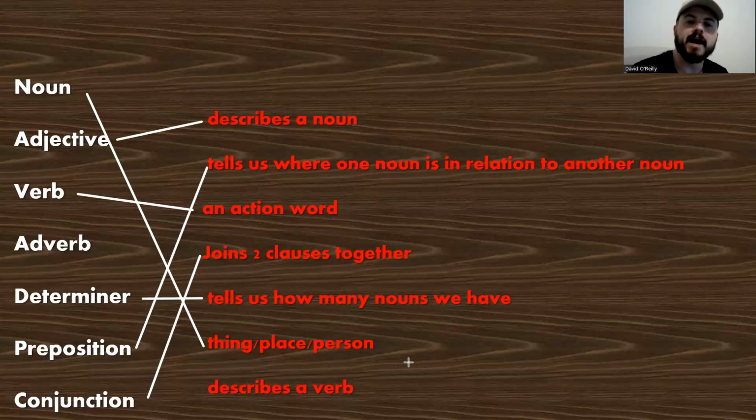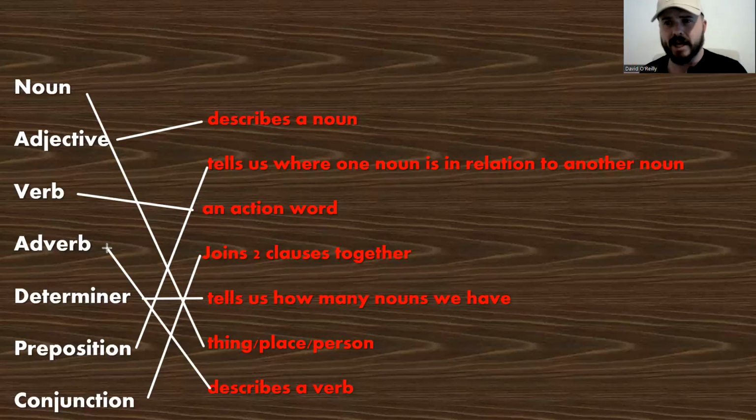And then finally, describes a verb. We've only got one left, so we know the answer is adverb. An adverb describes a verb. That's quite easy to remember. But like I said, I really don't want us to go too much into it right now. It's our first week. We've got 7 word classes to master. So it's going to do us no good giving ourselves too much information to learn. Let's do it very slowly and we'll get there. We'll be the masters of word classes in no time. I promise.